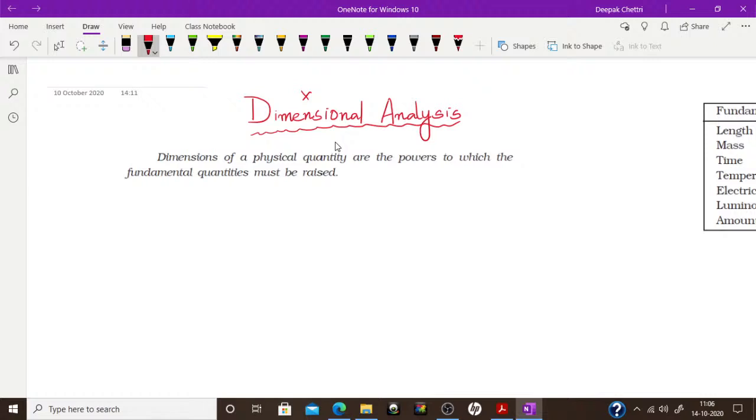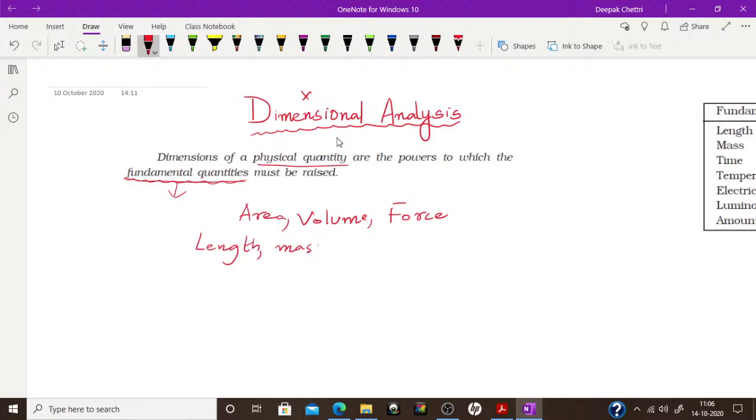Dimensions of a physical quantity are the powers to which the fundamental quantities must be raised. A physical quantity can be anything like area, volume, force, right? All these are physical quantities because they can be measured. Anything that can be measured is a physical quantity. If you remember, we have talked about fundamental quantities, where I told you: length,